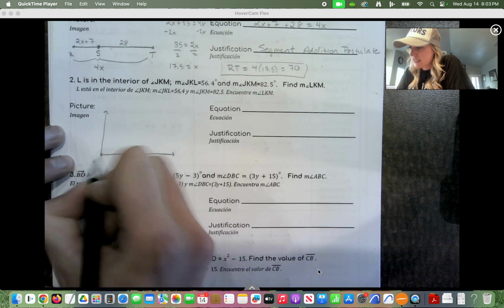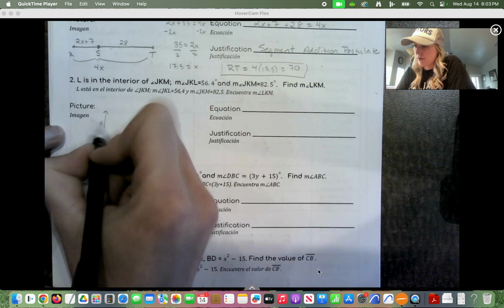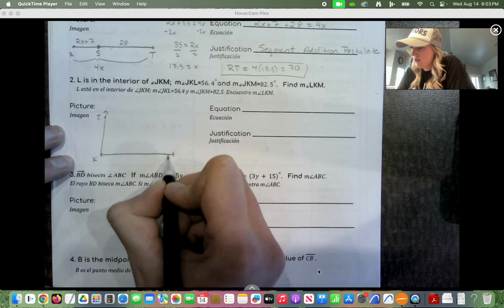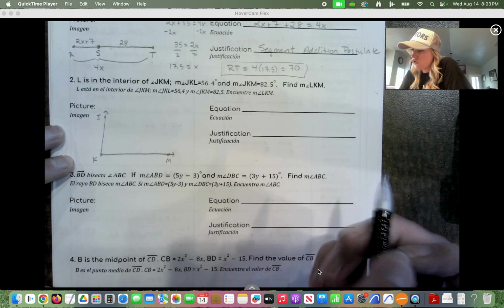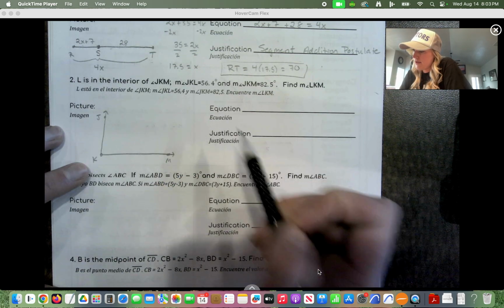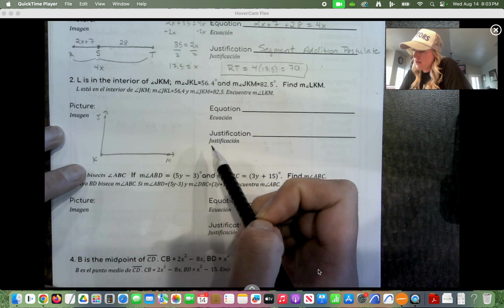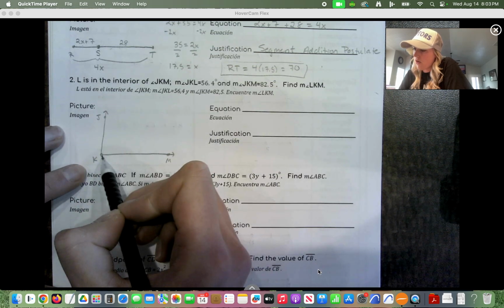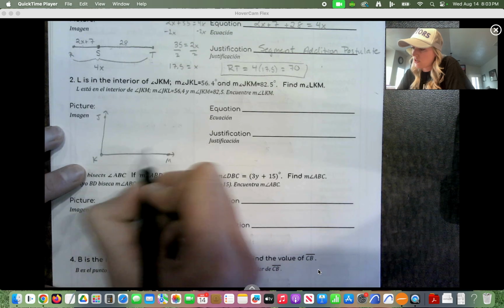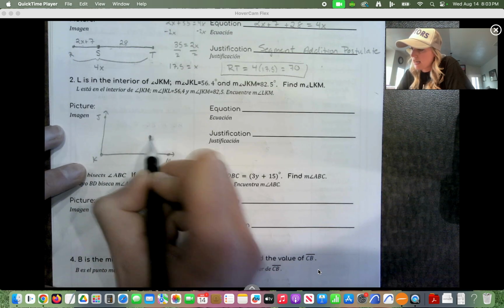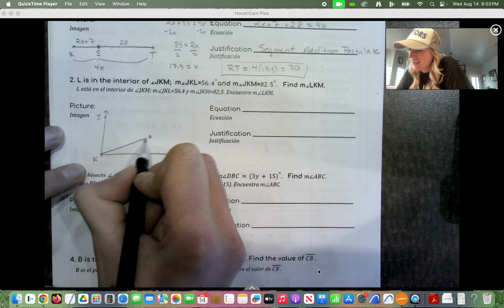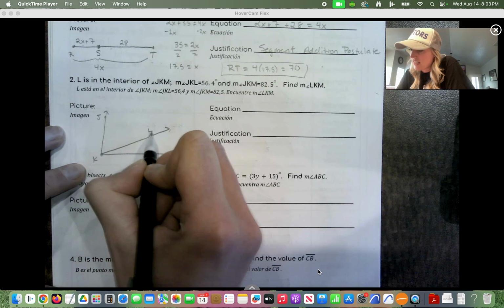So K has to be the vertex because it's the middle letter. So I'm going to put J up here, M here. So we have JKM and JKL. Okay, so L is in the interior. So I'm going to put L somewhere inside. And then I'm actually going to use a ray to connect it just so I can easily see that there's